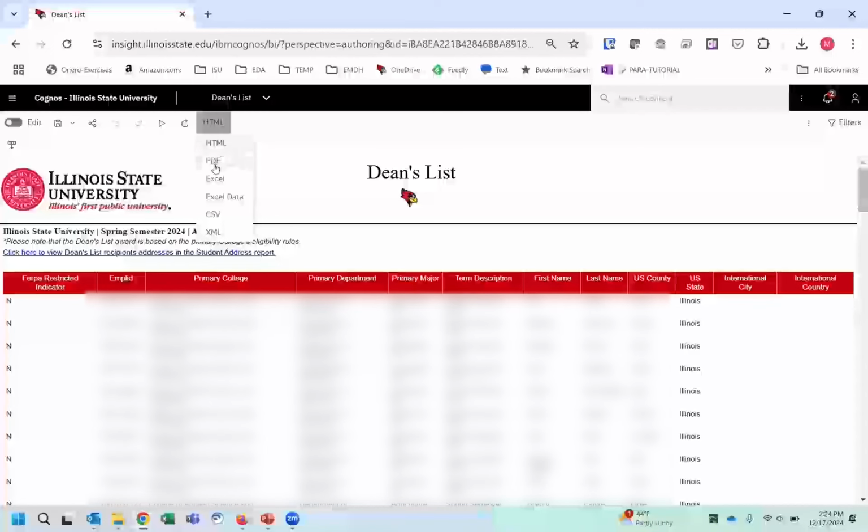Besides HTML, it has a PDF format. PDF format is ideal to use when you're scheduling to run reports that don't have any filters. We use this for reports such as weekly application summary. Then we have Excel and Excel data, which both export to Excel in different ways. Last but not least, CSV and XML, which are not used, so we're just going to focus on Excel and